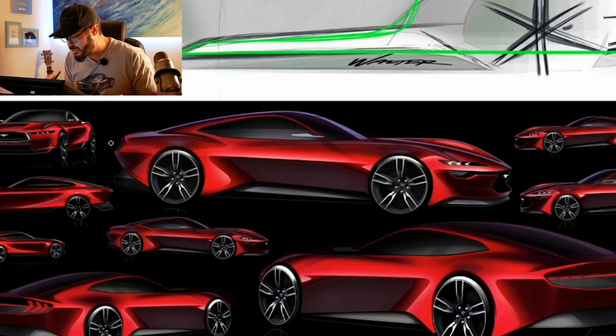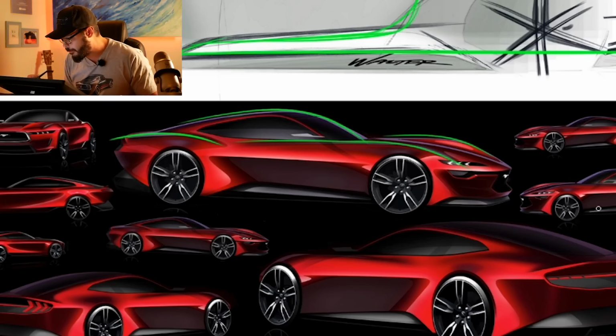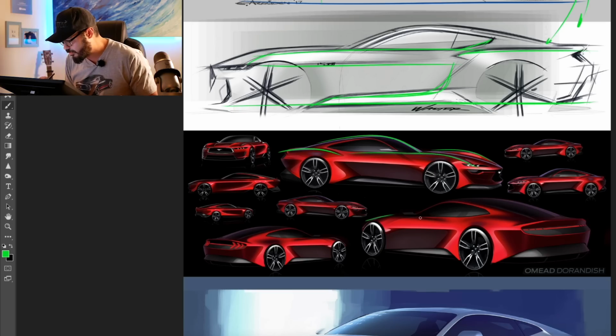You can see that this is almost like a proper sports car two-door design, and there is not a lot of muscle in this specific design here. And I'm glad that they didn't go in this direction, because this to me looks way too sporty for a